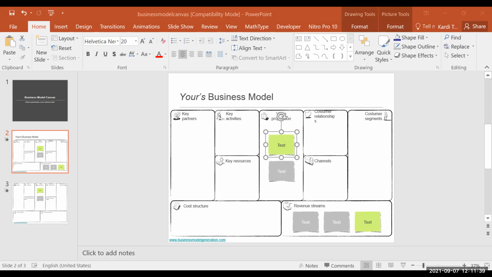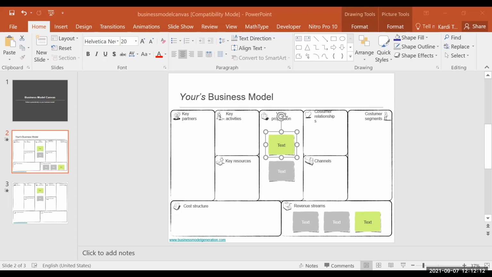Fourth is the customer relationship. How are you going to establish a relationship with your customer for each of the customer segments? Next is the revenue stream. Where does the revenue come from?